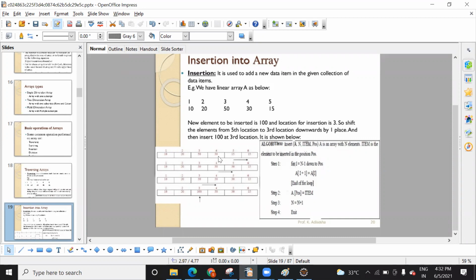As you can see, when you inserted 30 at 5, 15 will move here and another element will move here. So this is the logic they are saying: you need to run the for loop from i equal to 0 till n minus 1, and this a[i+1] equal to a[i] means you need to shift the element.